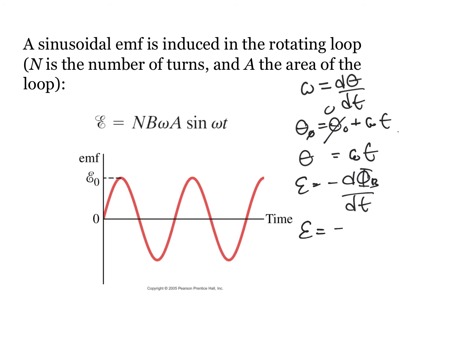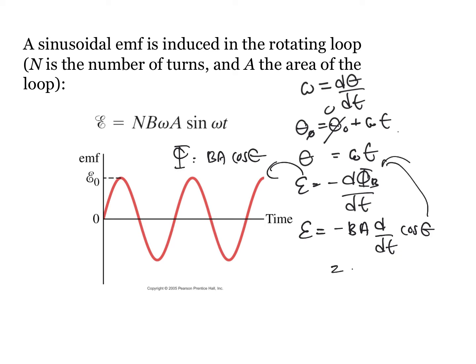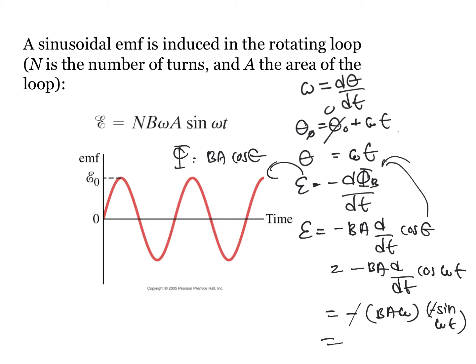You get negative BA d over dt of cos theta, because flux is BA cos theta. Putting theta equals omega t, you get negative BA d over dt of cos omega t. Differentiating cos omega t, you get negative BA omega